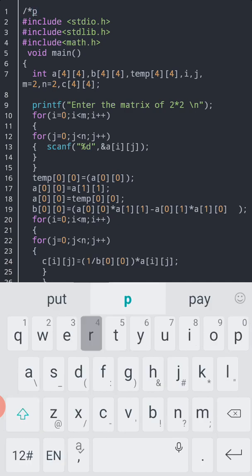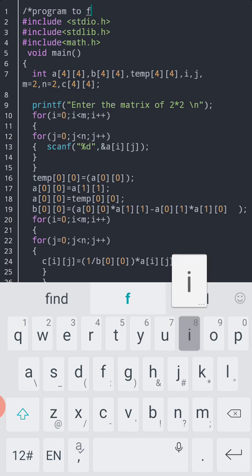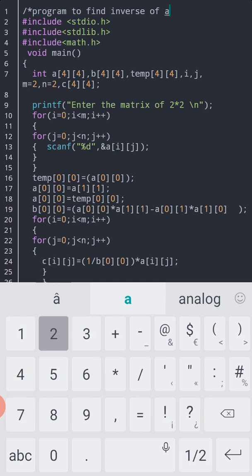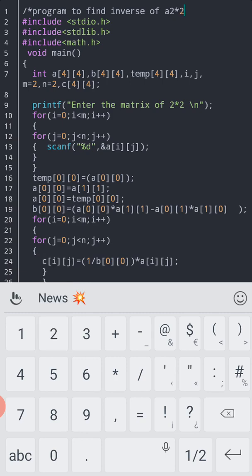This program is to find the inverse of a 2 by 2 matrix.